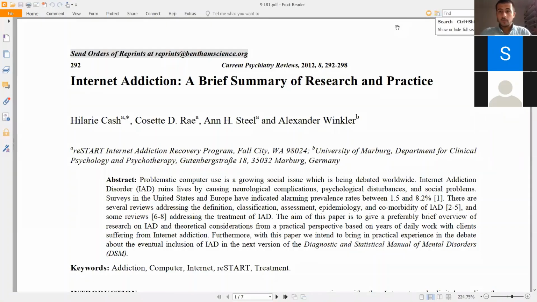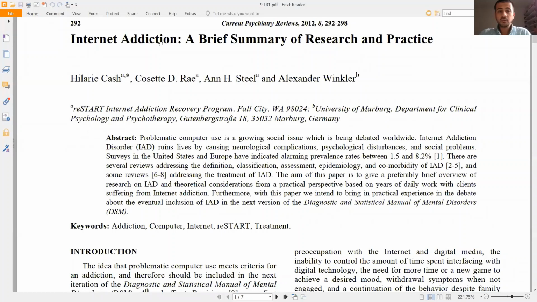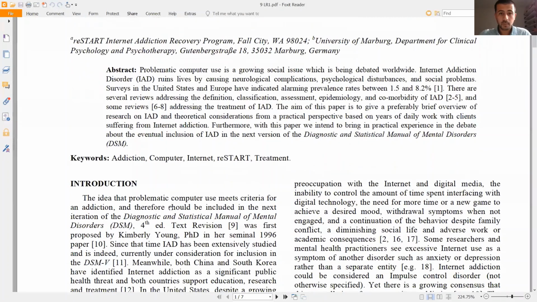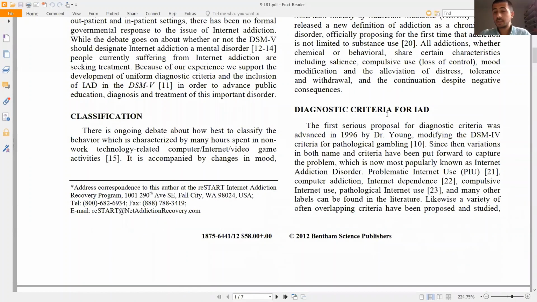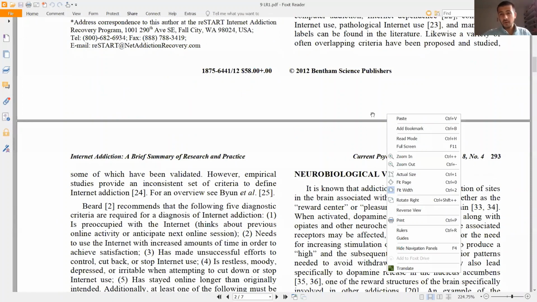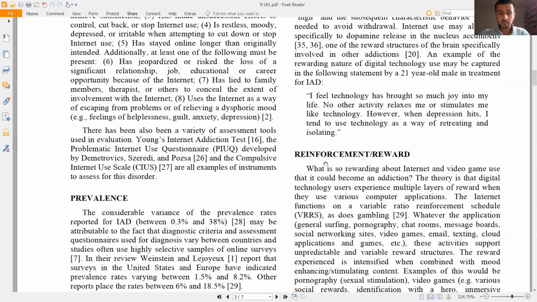Okay, for this paper, I will minimize this. For this paper, we have internet addiction, a brief summary of research and practice. Do you have any clue what this paper is about? I will go to the results. We have introduction, classification, diagnostic criteria, and this is a new paper. We don't usually have diagnostic criteria in a paper. Then prevalence,